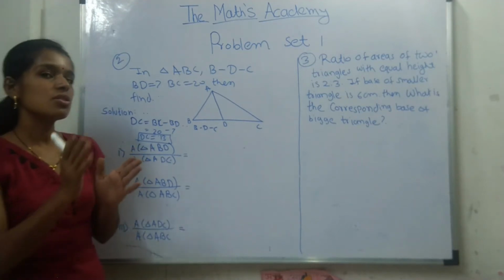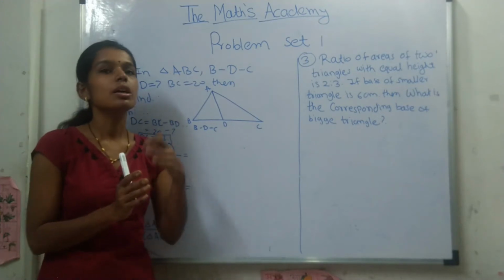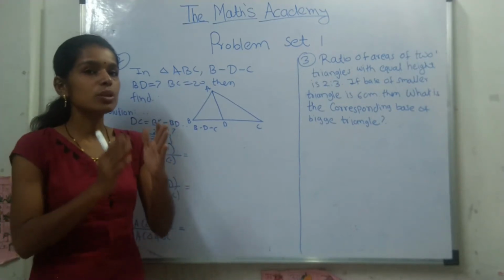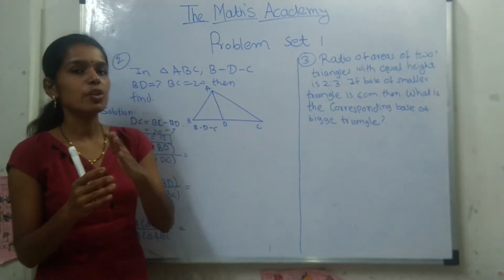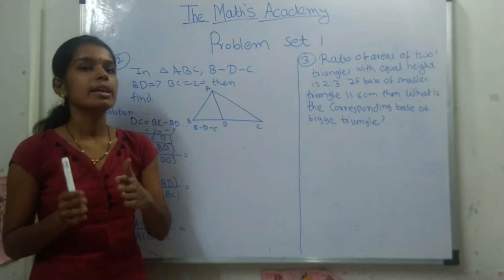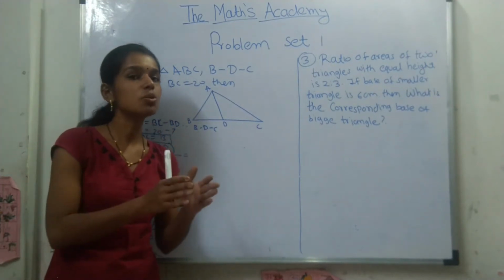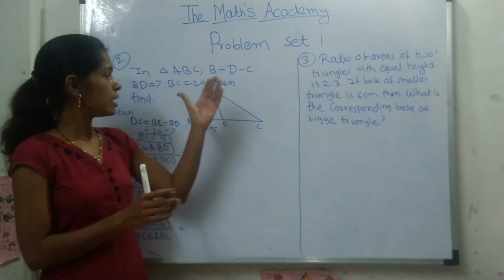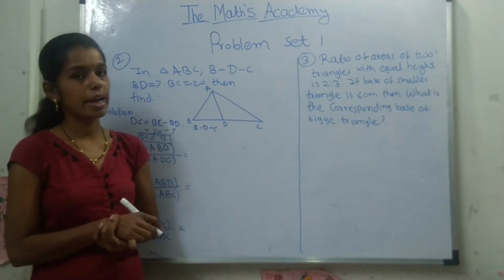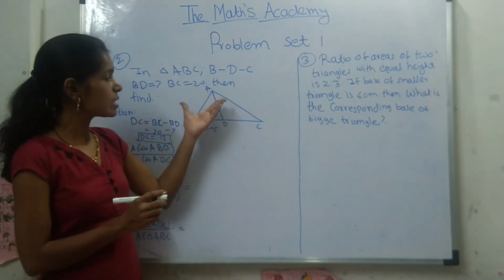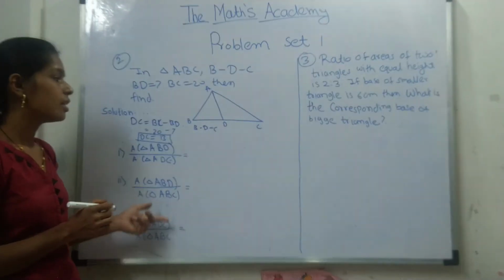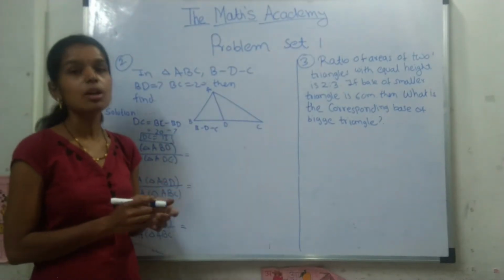The ratio of areas of two triangles is equal to the ratio of the product of their corresponding base and height. If two triangles have the same base, then the ratio of areas is equal to the ratio of their corresponding heights. And if two triangles have the same height, then the ratio of areas is equal to the ratio of their corresponding bases. Here triangle ABD, triangle ADC and triangle ABC have the same height. Therefore, the ratio of areas of these triangles is proportionate to their bases.